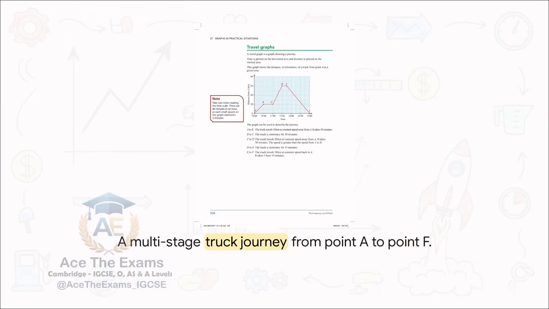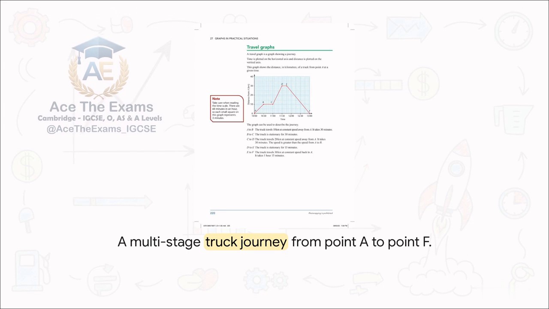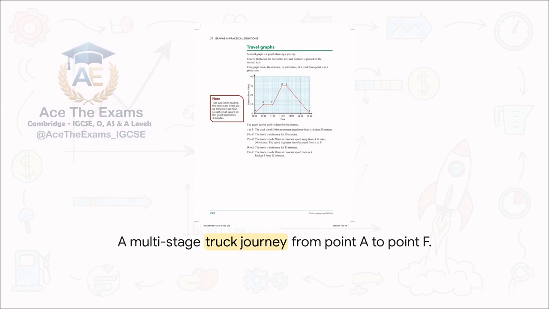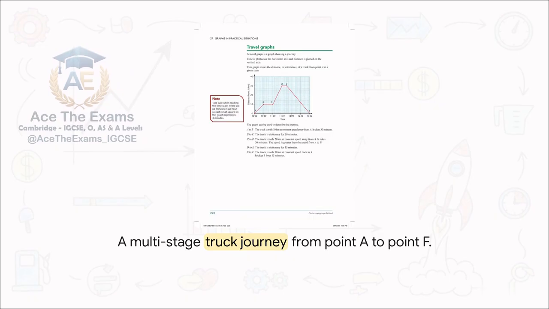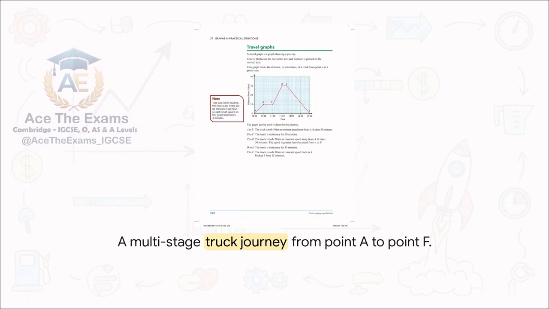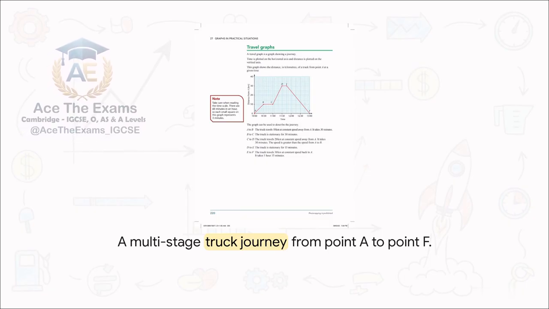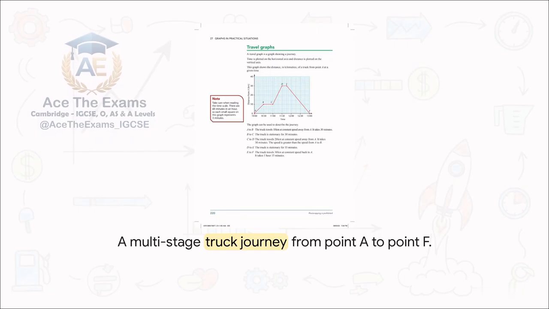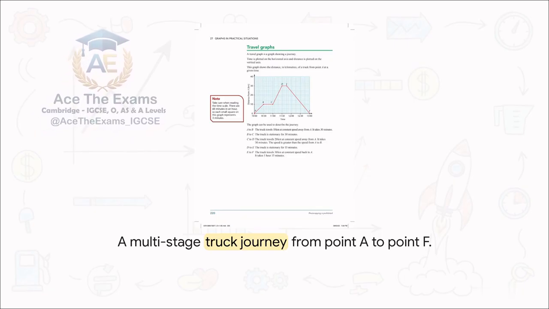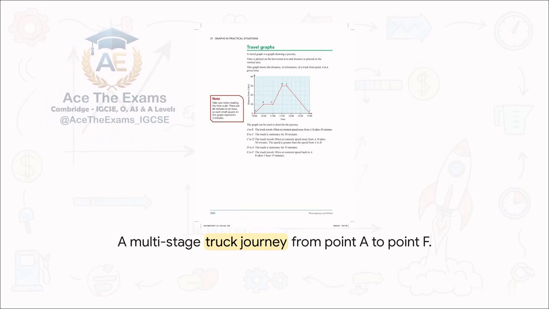We have the distance in kilometers of a truck from point A at different times. Each small square represents 3 minutes. From A to B, the line slopes upwards. The truck travels 10 kilometers at a constant speed, taking 30 minutes. Now look closely at the segment from B to C. The line is perfectly horizontal. The clock is ticking forward on the bottom axis, but the distance on the vertical axis is stuck at 10